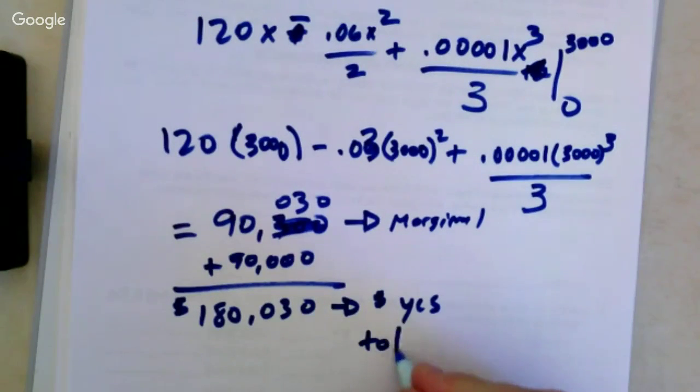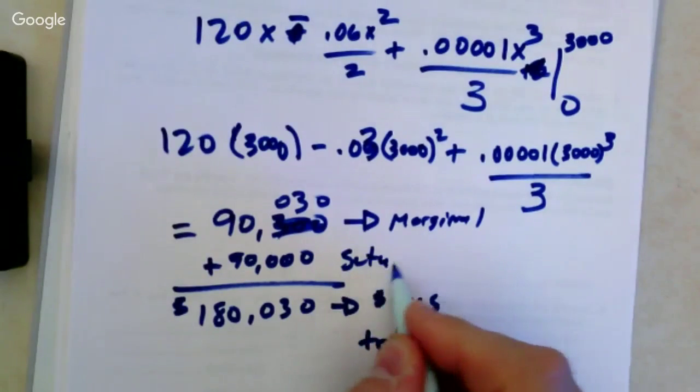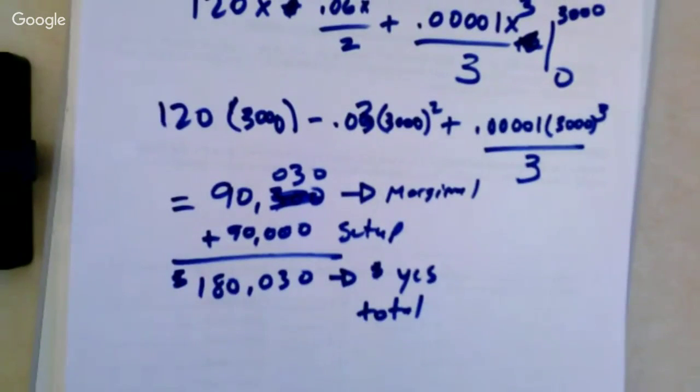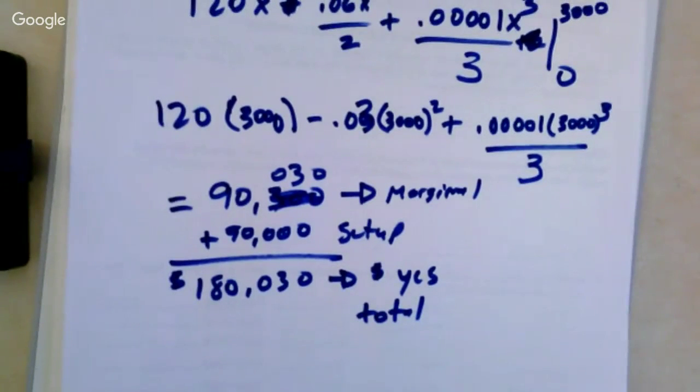What is the $90,000 for? A setup fee or development costs, something like that. Really, why they tell you that is they want you to understand what marginal cost is telling you and how marginal cost is different than total cost. To buy the supplies, fire up the manufacturing line, and actually make the first 3,000 costs 90,030. To get everything set up to even make that first one costs 90,000. So the total cost would be $180,030. They throw in that setup cost so you understand what these things tell you, not just how to do the algorithm.